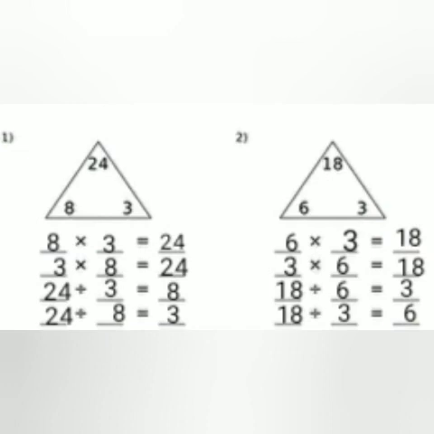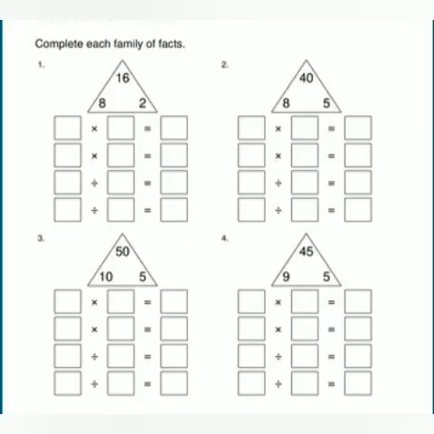Let's look at a few more. We're going to start with 16, 8 and 2. So we start with 8 times 2. The biggest number will be at the end: 16. 2 times 8 equals